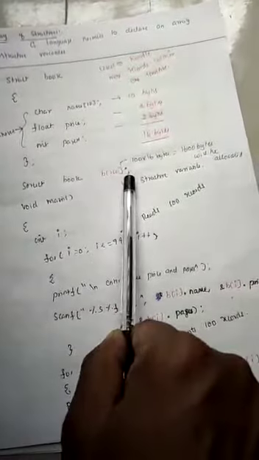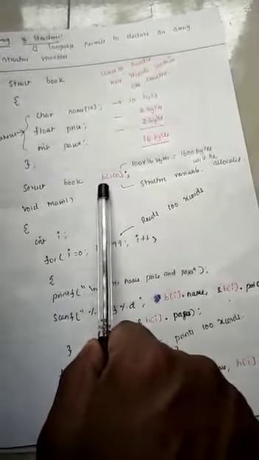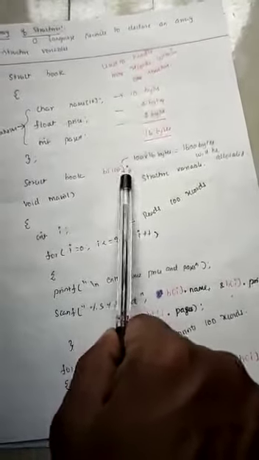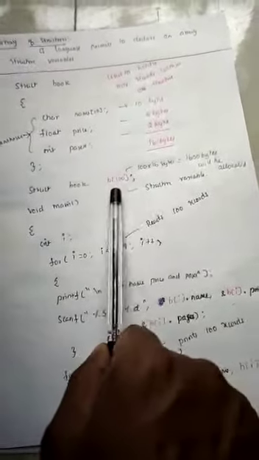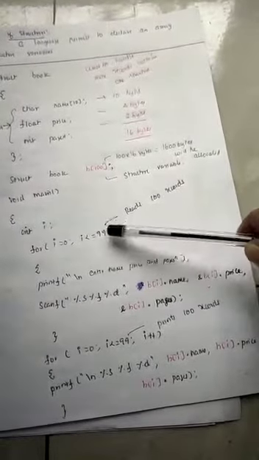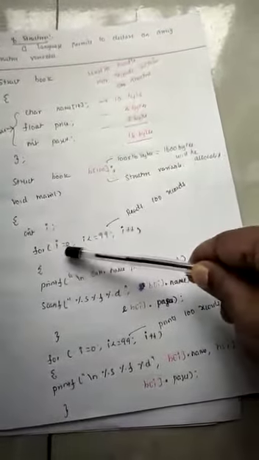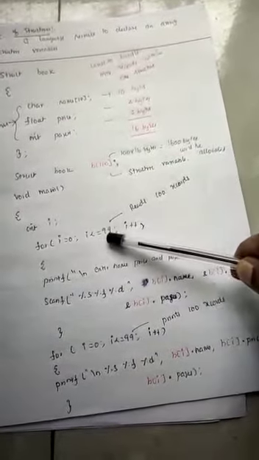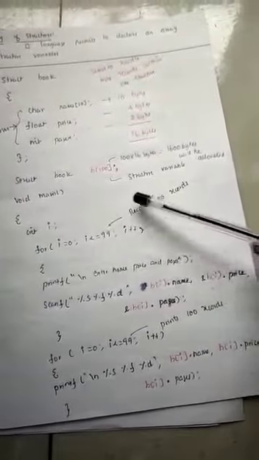Here in this line we are creating the structure variable using arrays. How many structure variables are created here? B of 100. It means that 100 structure variables are created here. In the main function, we know that whenever we use arrays, to read, to write, for everything we should use which one? For loop. Since it is 100, we start the loop from 0 up to less than or equal to 99. Total count will be how much? 100. It reads 100 records.